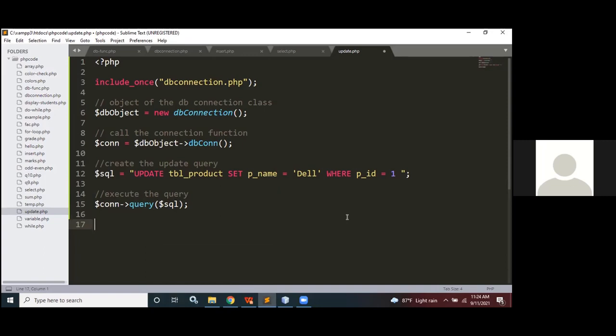Now for that, we again are going to use the method affected rows. From that only we will identify whether there is some kind of a change in our table or not. Okay. So we will say if